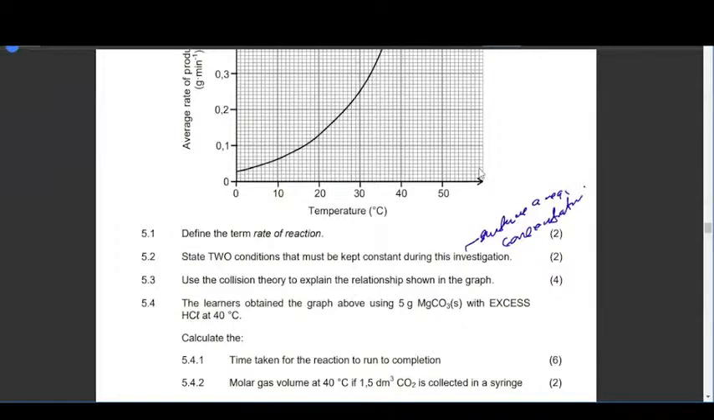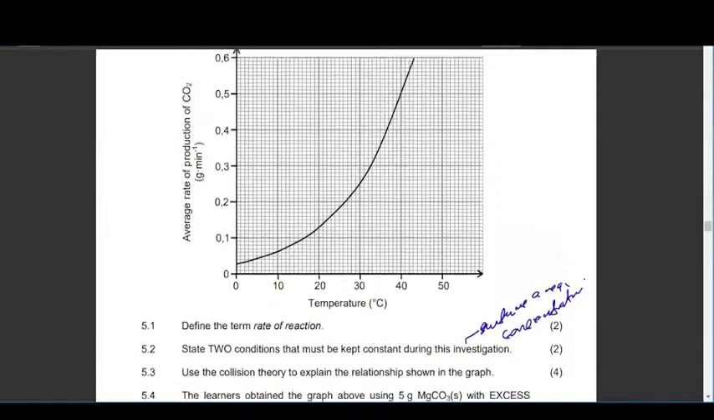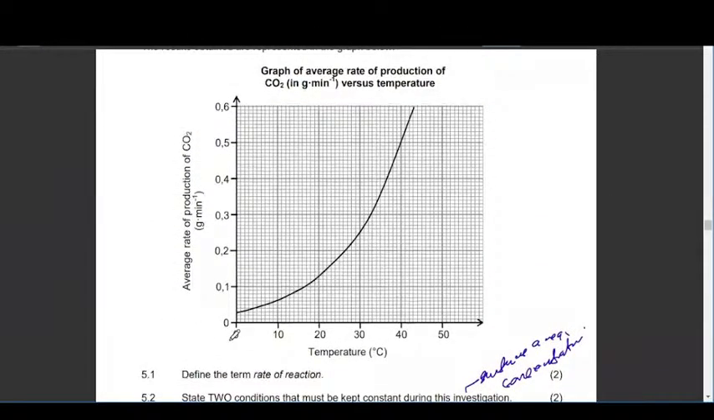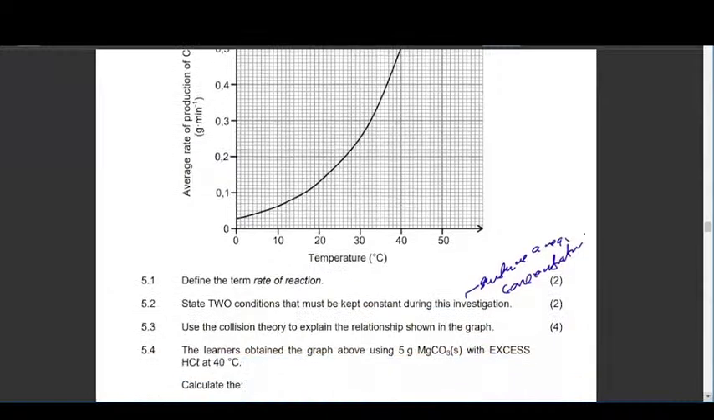They're saying use the collision theory to explain the relationship in the graph. So what's happening in the relationship with the graph? If you look at it, you see that as temperature increases, the average rate of reaction is also increasing. So the graph is showing you. Remember that whenever the graph is going like this, it shows the graph for the products. So basically what you need to talk about here is